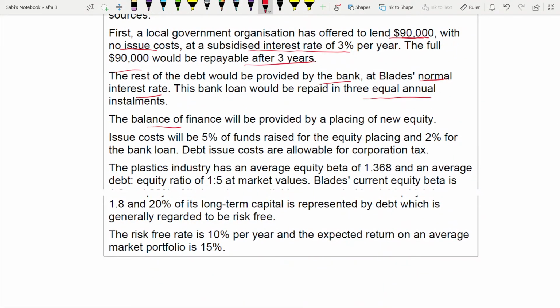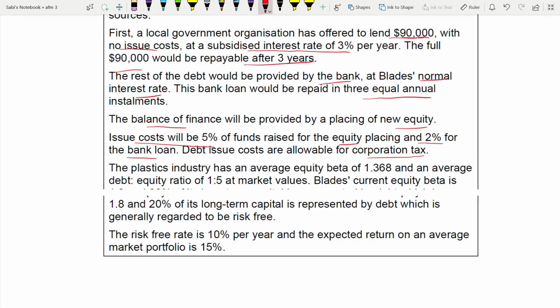And the balance of the finance we know is equity. Okay, so issue cost 5% will be on equity and 2% for the bank loan. That means issue cost on debt, and debt issue costs are allowable for corporation tax. We know that. Now for the WACC, for the discount factor, because you need a discount factor for your net